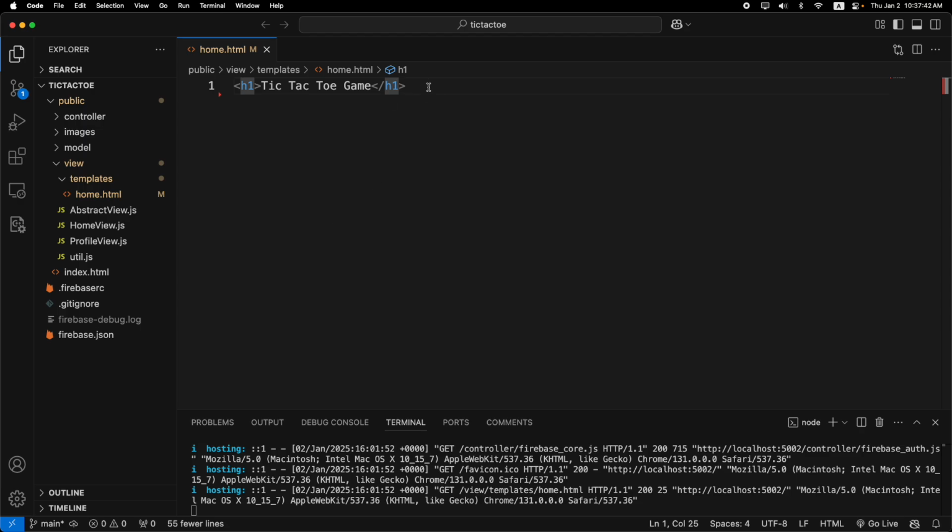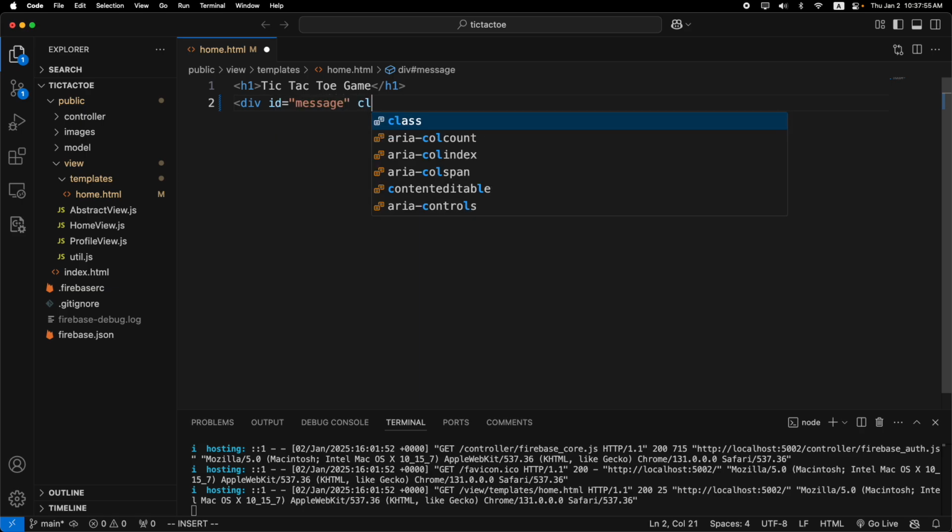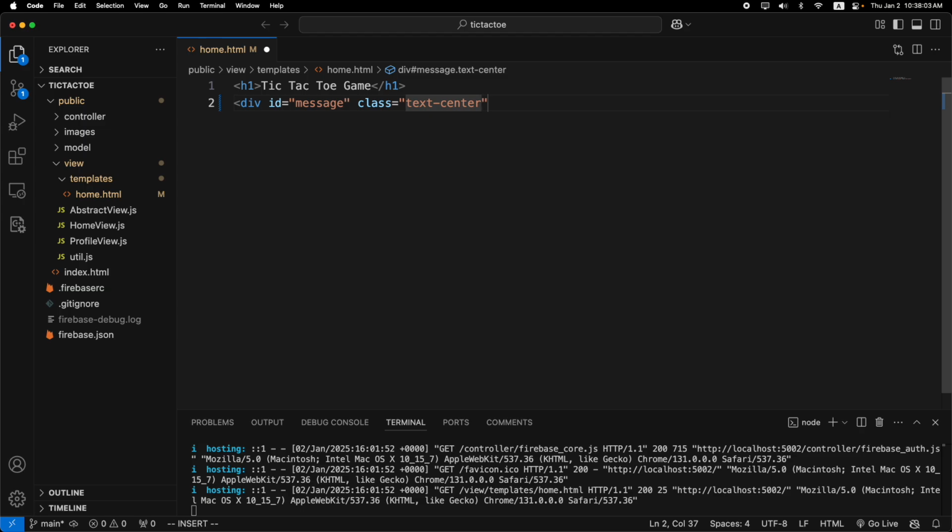Begin with a tic-tac-toe game as a heading message, and then we are going to define an area to show the game progress message. So let's give a div and an ID message, then use Bootstrap classes to give us some visual decoration. Text center is to center the messages in this div element, and fs-3 is a little bit larger font size, and text-primary is blue color, and then bg-warning background color is a beige color,